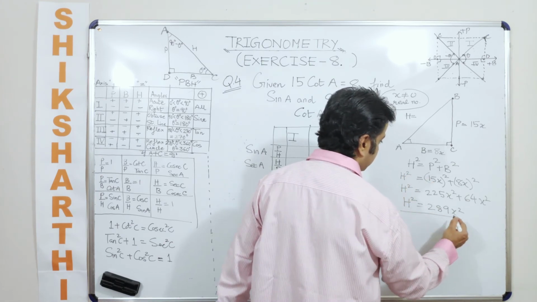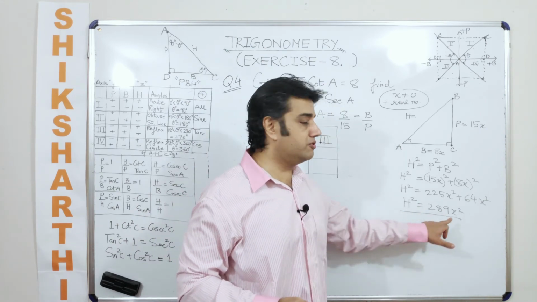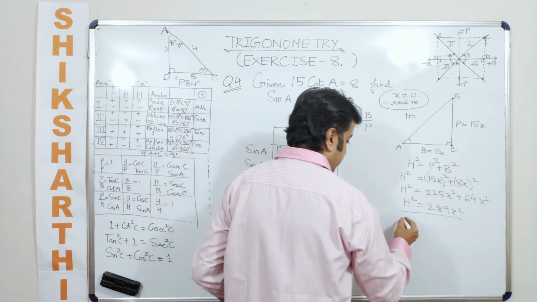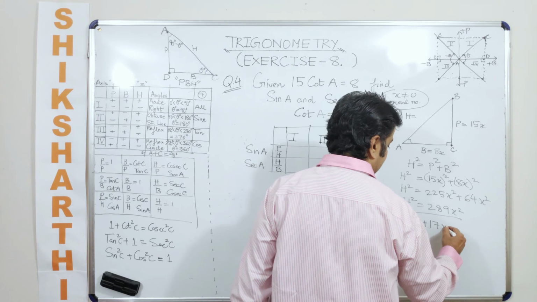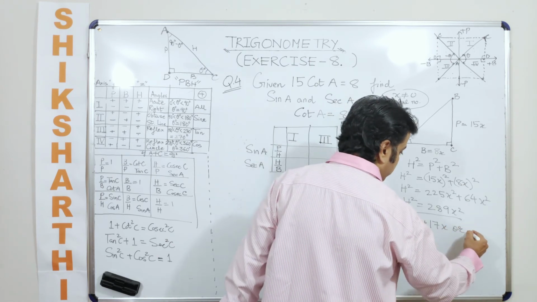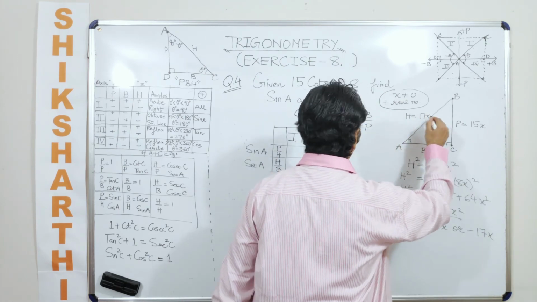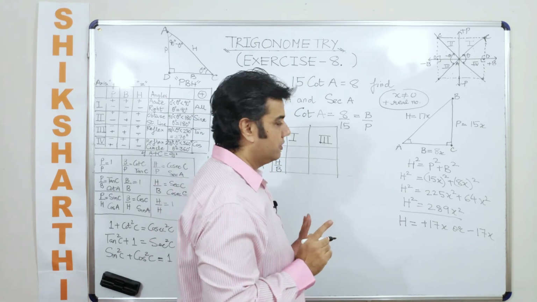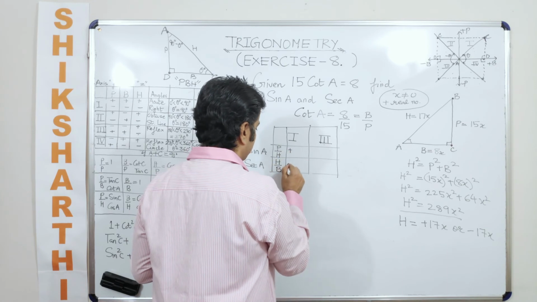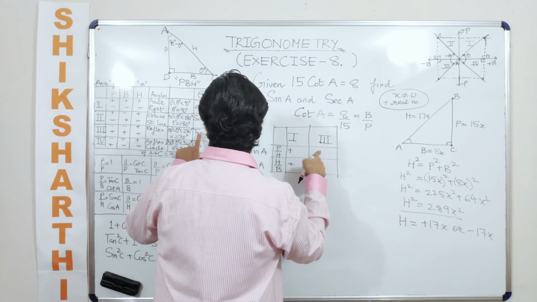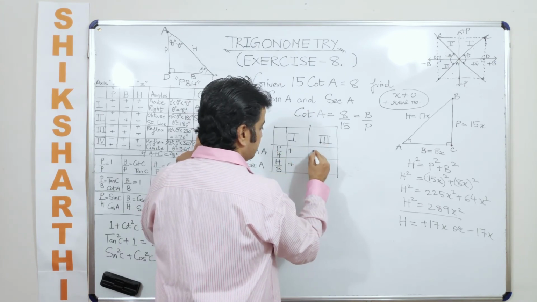So now this is what? This is a quadratic equation, and a quadratic equation of this sort gives me two symmetric values. What are the two symmetric values that we are going to get from here? One value of h is plus 17x, and the other value, for which we use OR, is minus 17x. For the time being, I am just writing the positive value here, and then based on the quadrant we can write down the values. So we know in the first quadrant all of these would be positive. In the third quadrant it is only tan and cot which will be positive. The remaining would be negative, so just put the sign here.